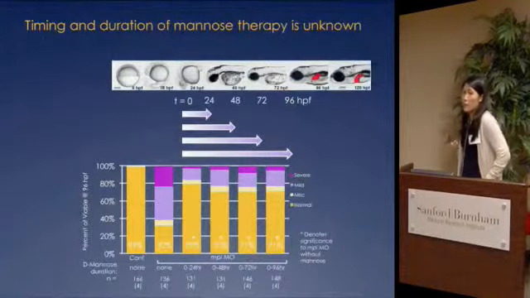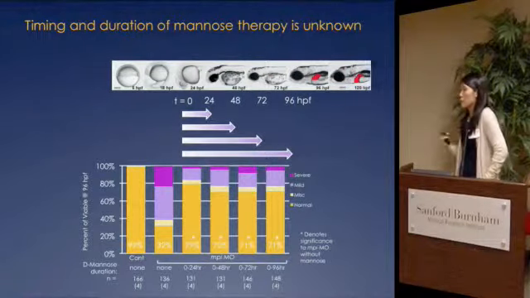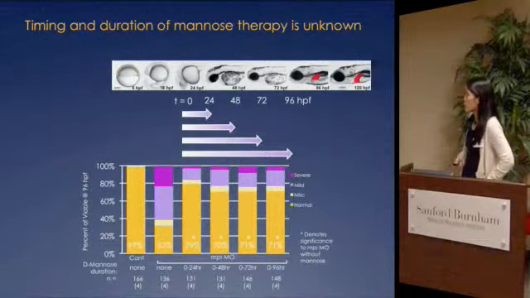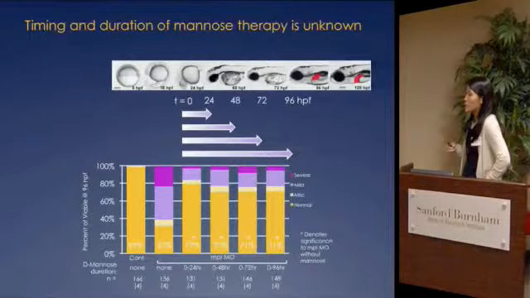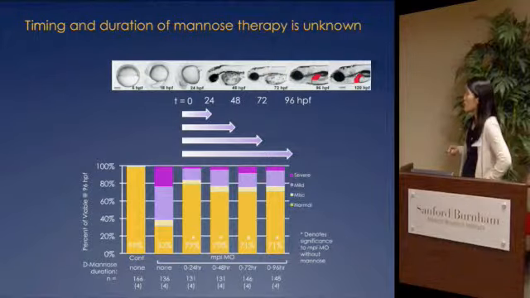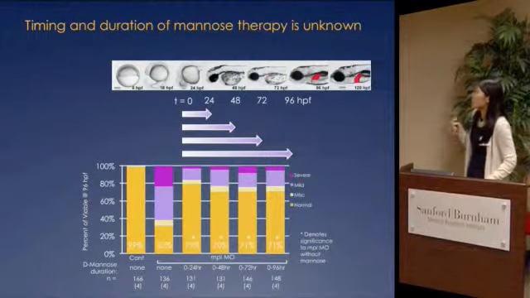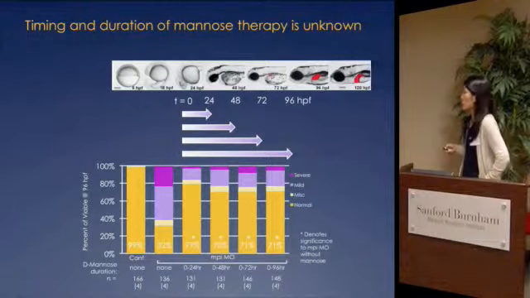We don't really know how long we treat these patients for mannose. Data shows that you need to treat for a long duration, but a lot of these patients feel so good so shortly after that they'll stop the mannose. And then they'll maybe have more diarrhea or their coagulopathy will come back, and then they need to go back on the mannose. So with zebrafish, what we tried is to create a time course and see what window you needed to treat with the mannose.